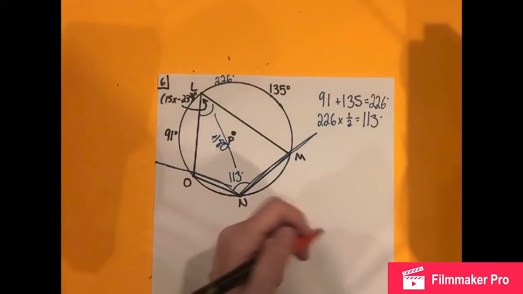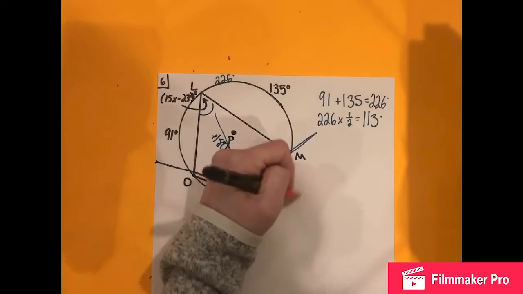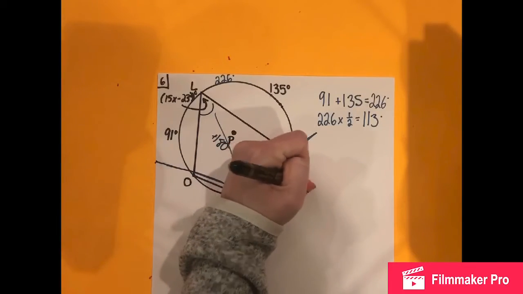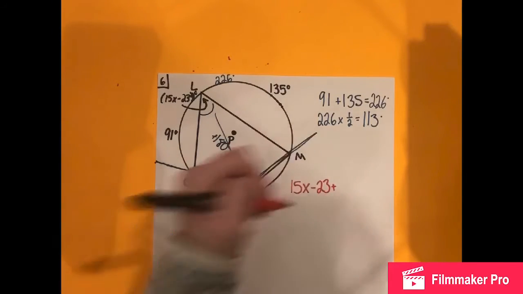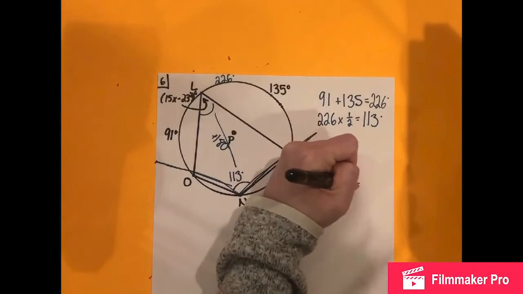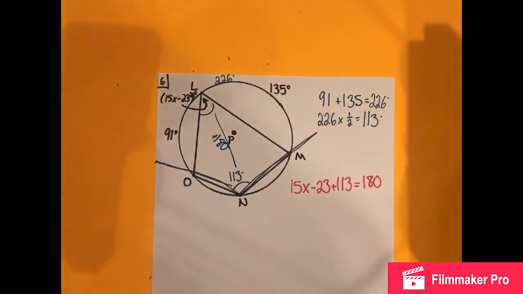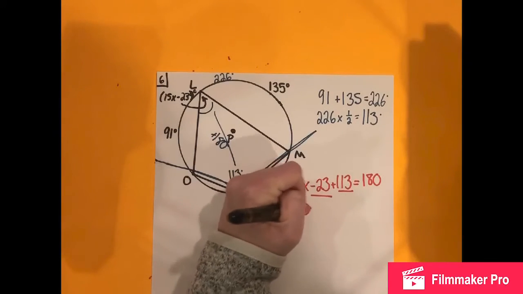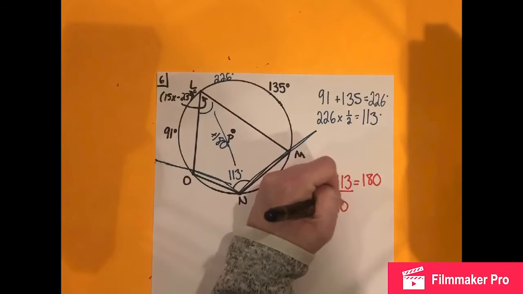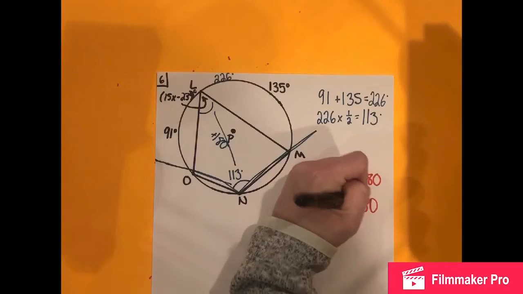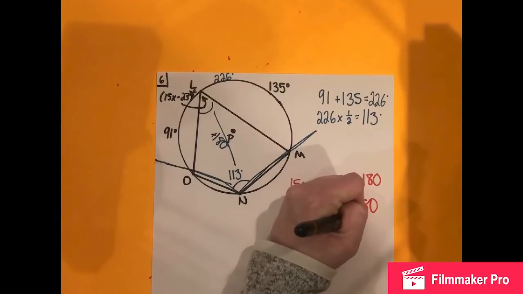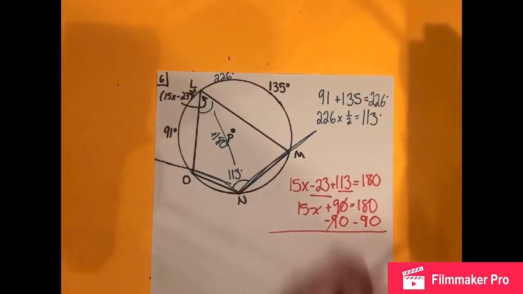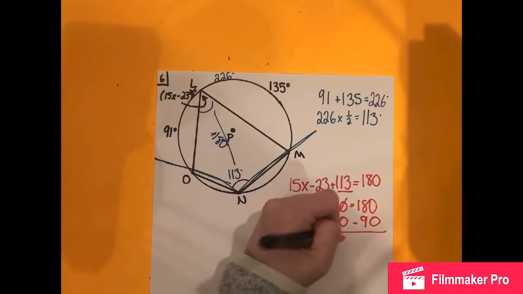So looking at that, I'm just going to get into my next equation, which is going to be 15x minus 23 plus 113 equals 180. Let's combine our like terms here. I'm going to get 15x plus 90 equals 180. This we can kind of do in our head. The rest of it, we already know that's going to be 90